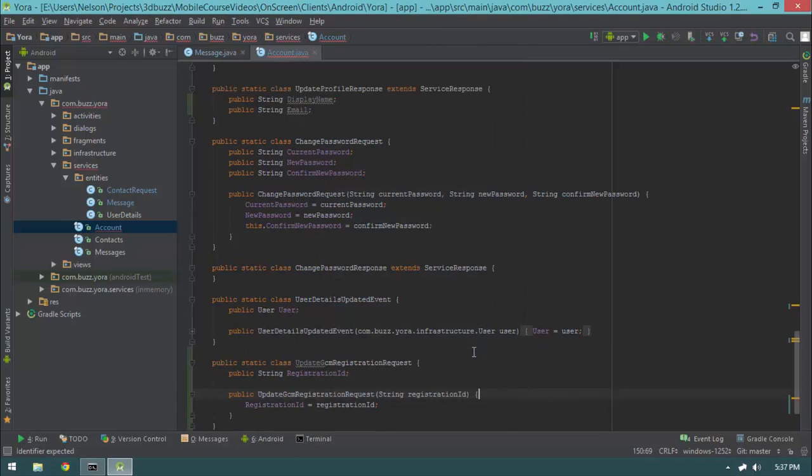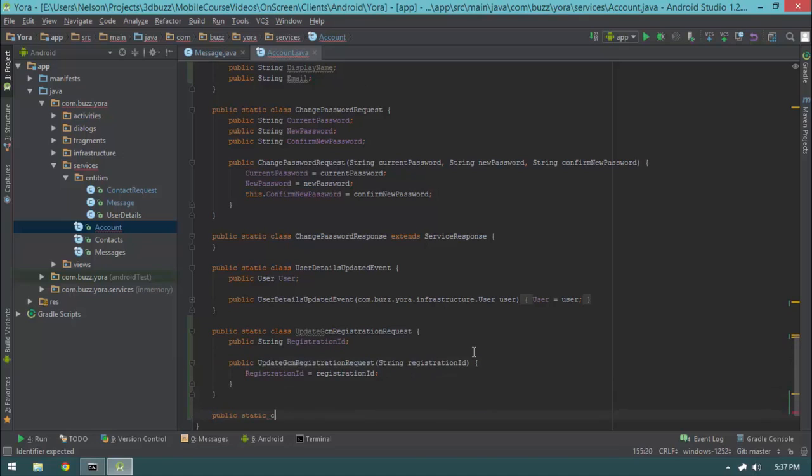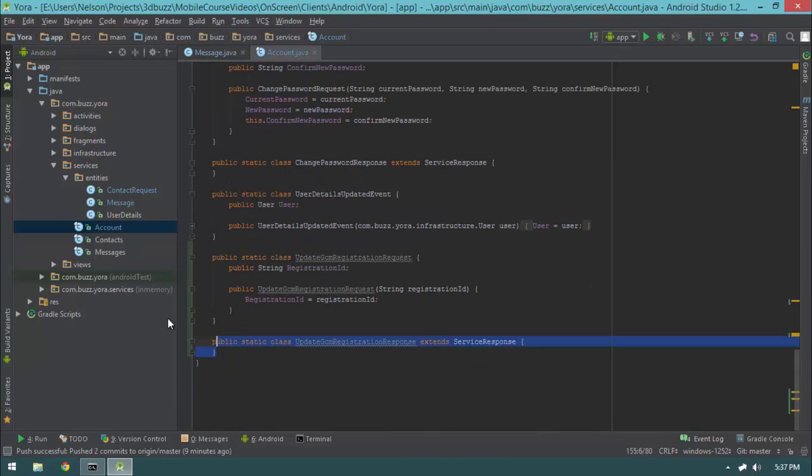And I'm going to generate a constructor here. And then, of course, we're going to have a public static class UpdateGCMRegistrationResponse extends ServiceResponse. So I do want to emphasize really quickly, before I tell you what this is, that the spelling and capitalization is significant for all of these parameters, both in the request and the response classes, because these are going to be automatically serialized and deserialized by GSON, Google's JSON parser. As a result, the casing and the spelling is absolutely significant, so make sure all of that is properly